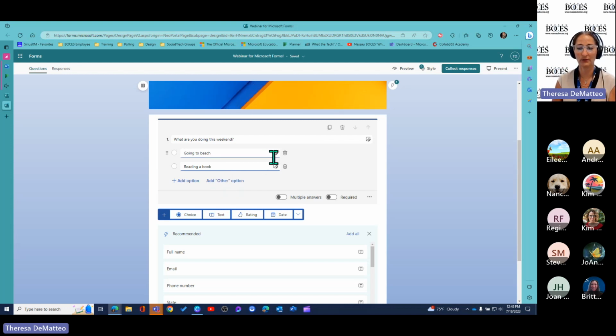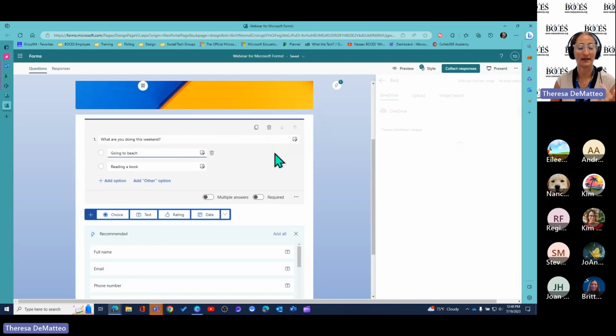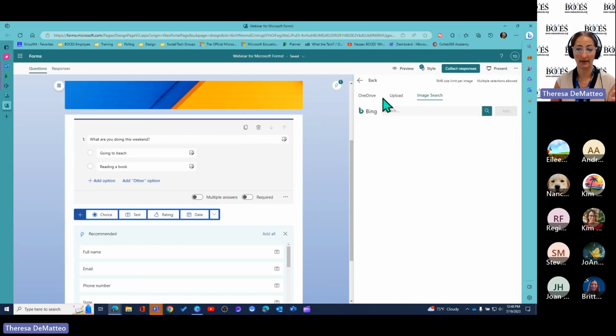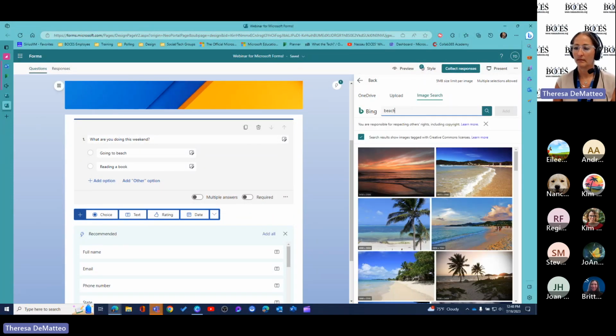What is really cool here is this little image icon next to the choices as well as next to the question. It now allows you to add an image with the choices or the questions. And you could do that by either uploading that image from your OneDrive or from your desktop computer, wherever you may have that saved, or just doing an image search. So if I just type in beach, and now I want to add this picture,